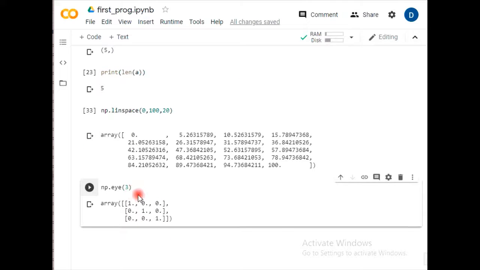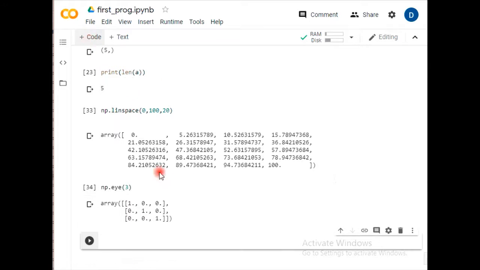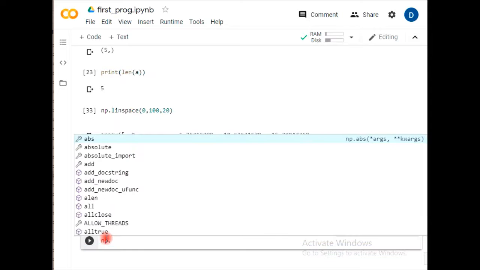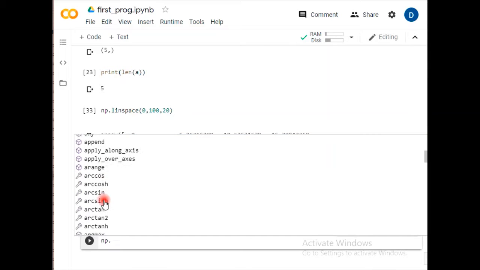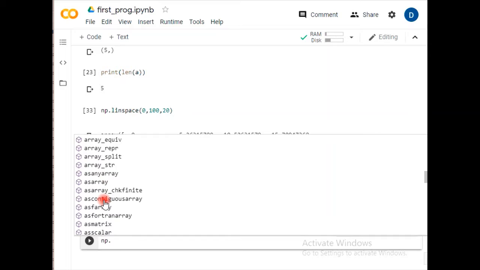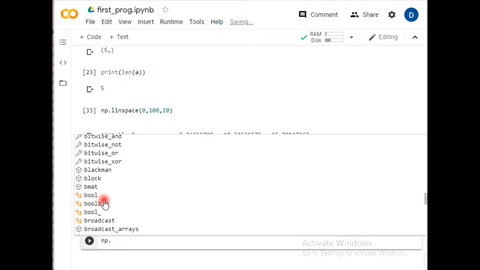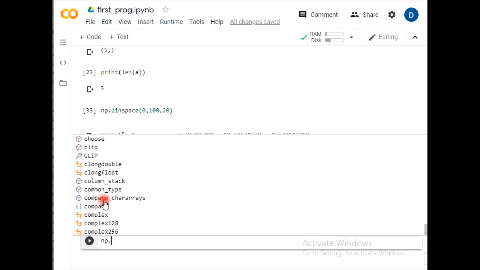You just type np dot, and you will get so many functions available. If you type np dot, it shows you all the facilities that exist. You can get the absolute value, add, and all these functions are the internal facilities provided by NumPy.